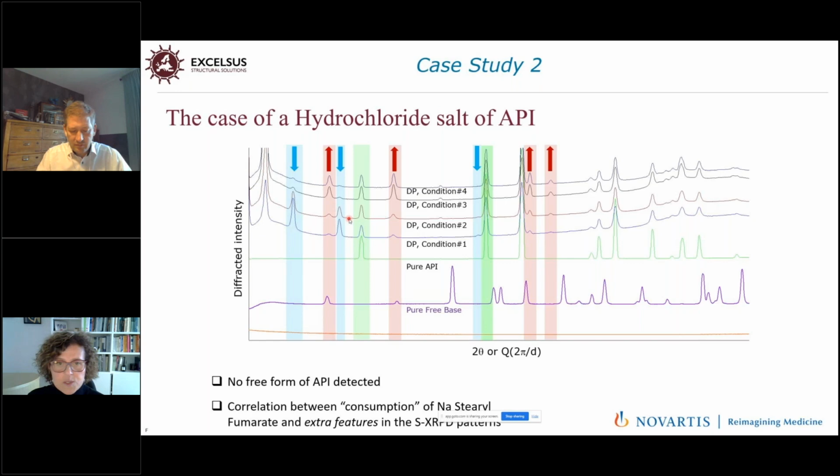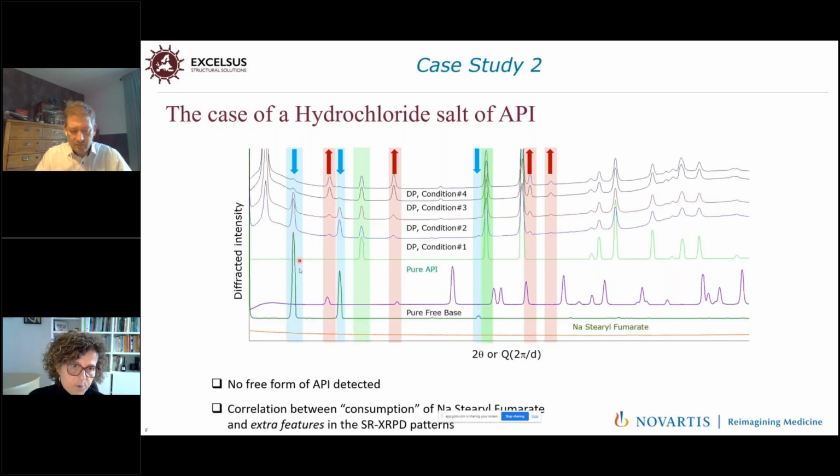We understood from Arnaud what the decreasing signal was. It was sodium stearyl fumarate. And so there was a sort of correlation between the consumption of the sodium stearyl fumarate and something that was